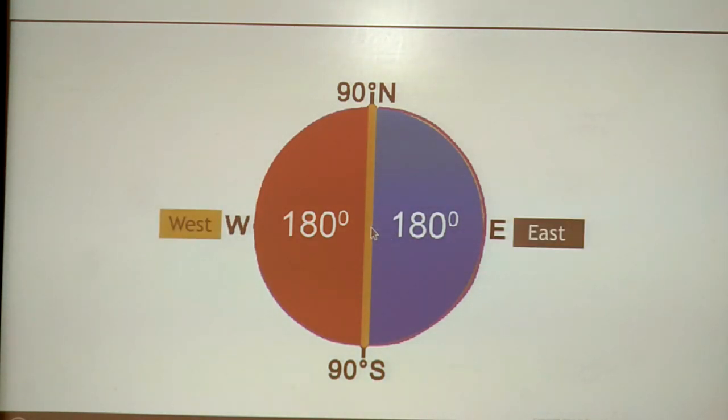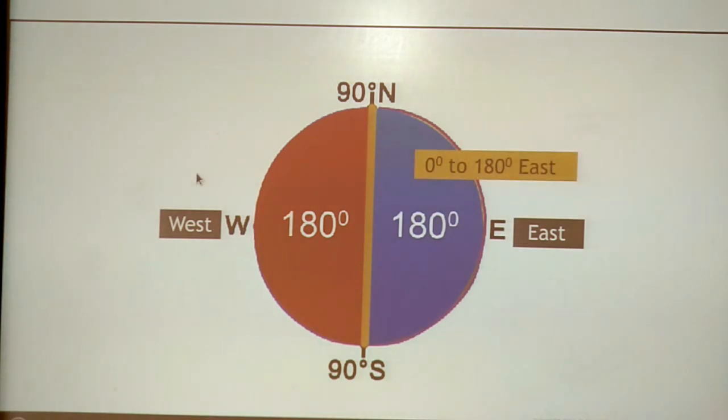See here, it is to the east and it is to the west. The longitudes will start from 0 degrees to 180 degrees east, and here from 0 degrees to 180 degrees west. As you can see in the picture, it is written here. This is the prime meridian, and from here at the interval of 1 degree it goes up to the 180 degree east. This is the eastern side.